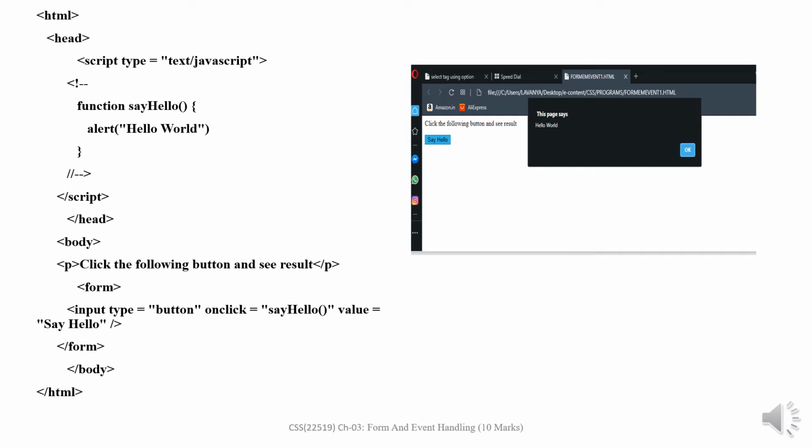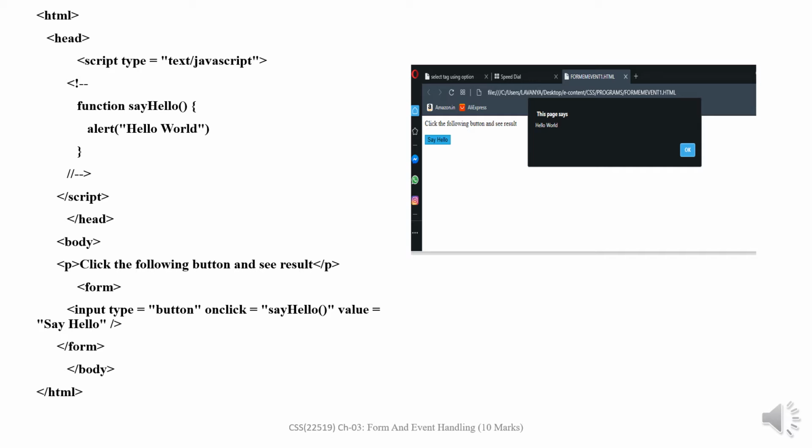See here, this is the program using the mouse event. This is a simple program, a function sayHello, and in the alert box we display the message hello world, and in the script tag we define and call that function. After writing this code, we will get this output.